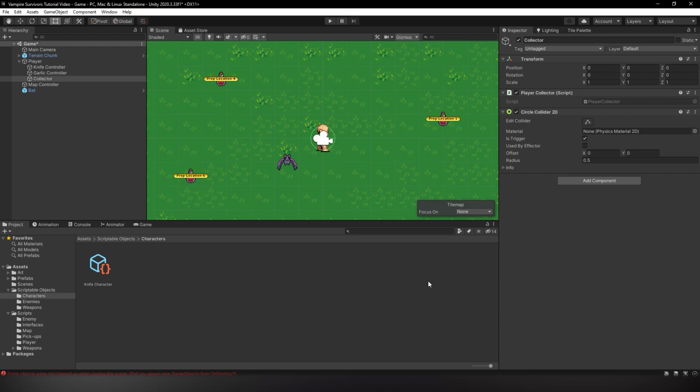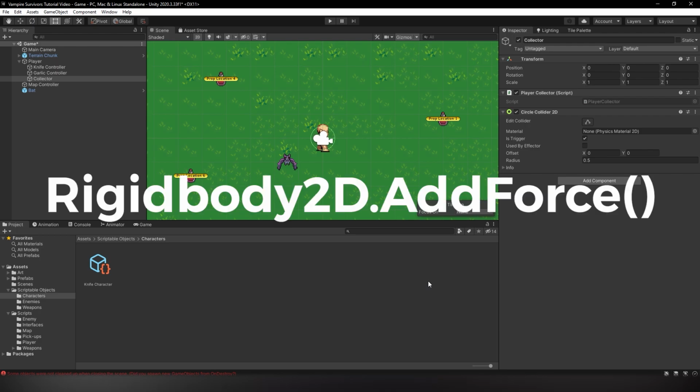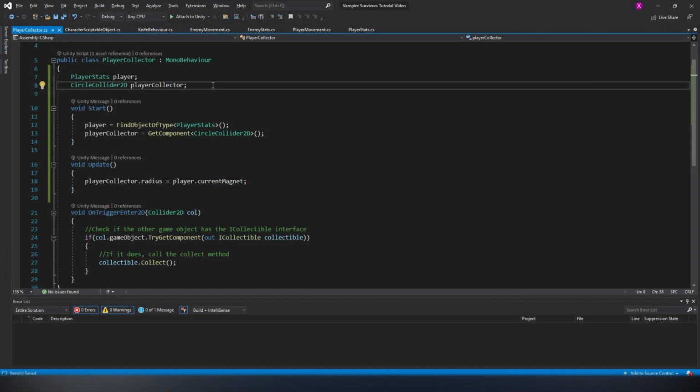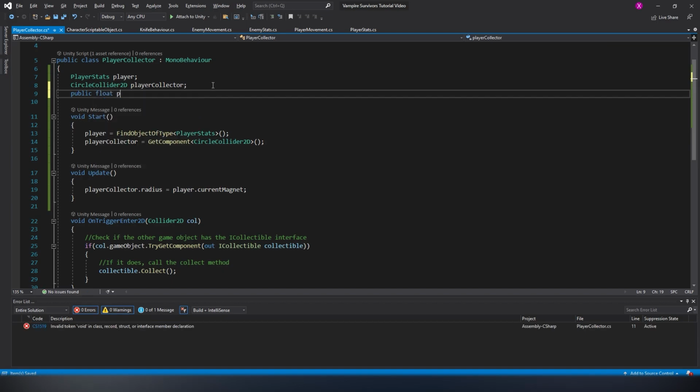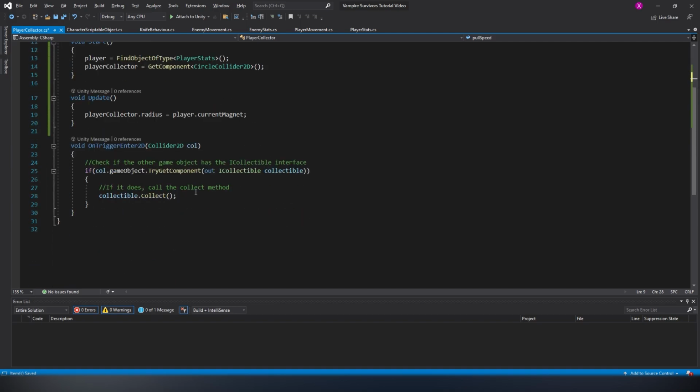There are many ways to move the item towards the player. For instance, we can use the transform.translate or simply move the position of the item towards the player. However, to achieve this, we will be using the add force method instead to simulate the force of the item being attracted to the player. In the player collector script, we'll create a new variable called pullSpeed to define the speed of the pull. And now within the onTriggerEnter2D function, we'll get the rigid body 2D of the item,